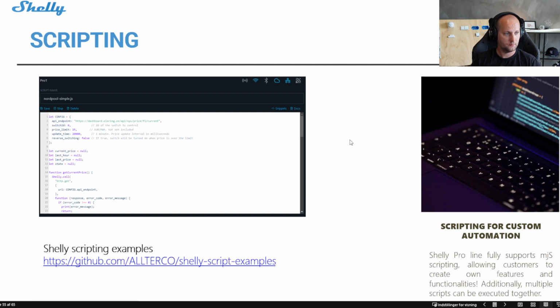All right. Scripting is also something we have. I don't want to show you right now, but again, with scripting, you can do a lot of things. I'm not capable of doing scripting. I'm trying to learn it, but I cannot do it. But I can import examples. It's quite simple. So there's a whole library right here of Shelly scripting examples. So it's just copy paste from those, or just import them directly from the import function of Shelly, and then you can do the small modifying and then start controlling your devices or add extra functionality by scripting.